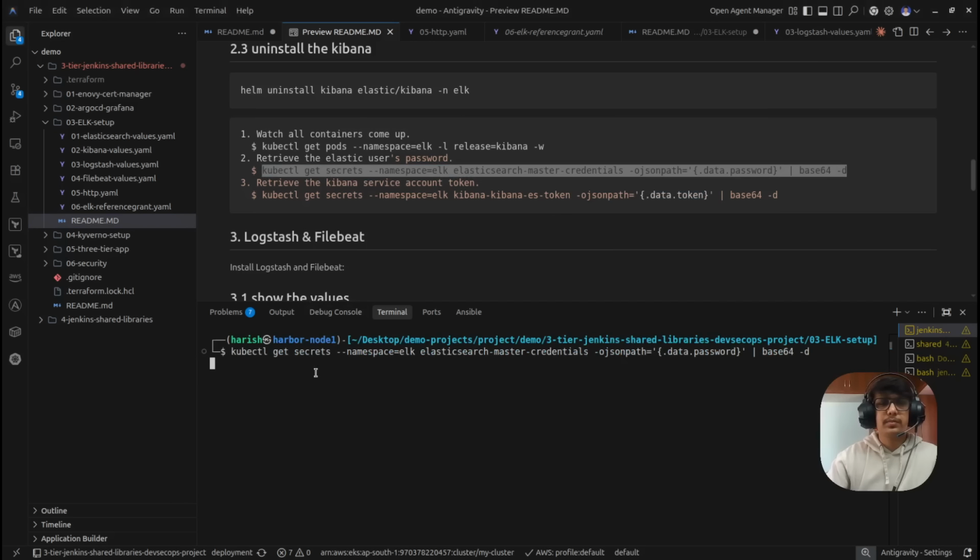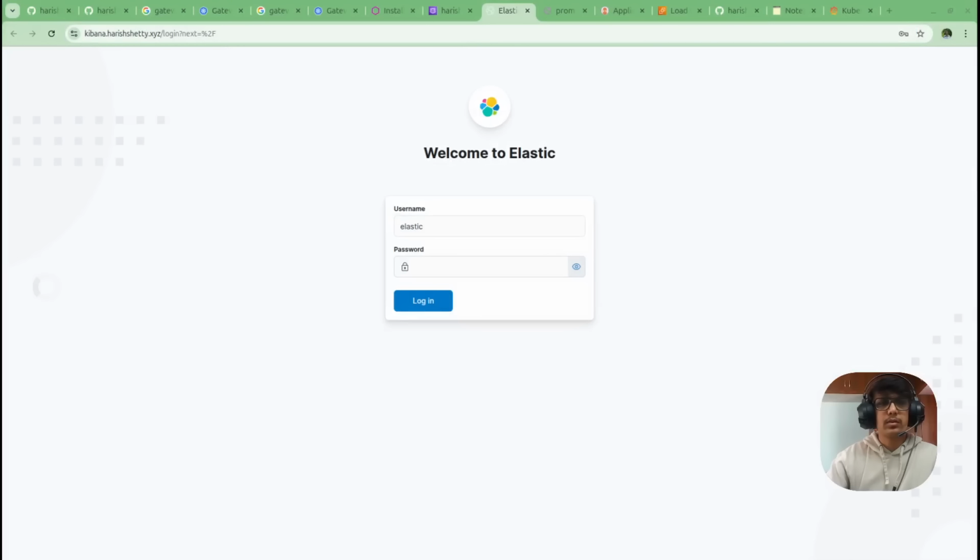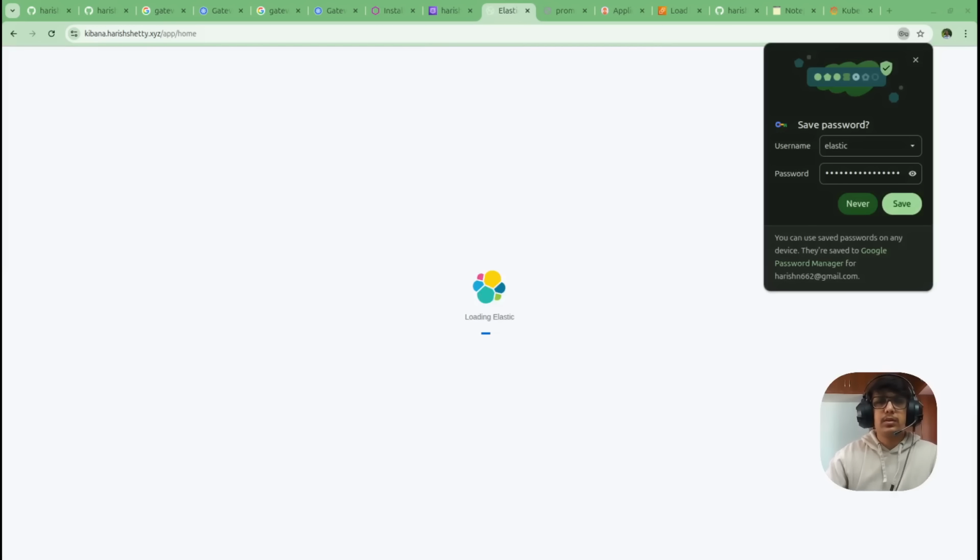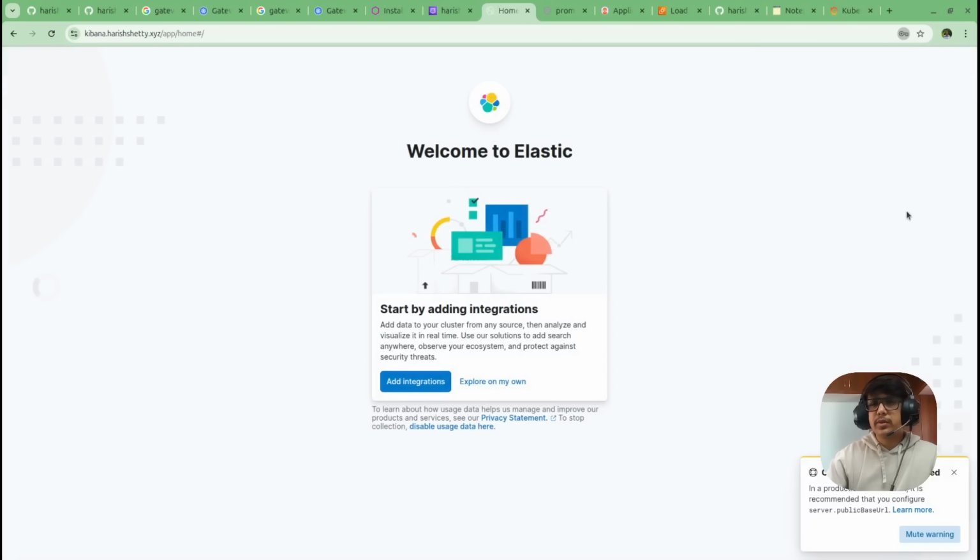Copy the password and don't change the password. Login. Yeah, we successfully logged in. So save it. Don't change this password, otherwise we have to replace everything in the